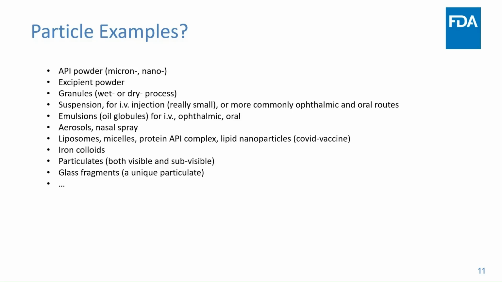And also at the bottom, there are a few undesirable particles, like particulates formed from proteins or from oligonucleotides that are both visible and subvisible particles that are undesired. Or in some cases, we have seen glass lamellae, which is a byproduct of the container closure problem, due to the interaction between the glass and the content forming those glass lamellae, certainly undesired, right? So we have a lot of examples of particles, and of course, because of those applications,